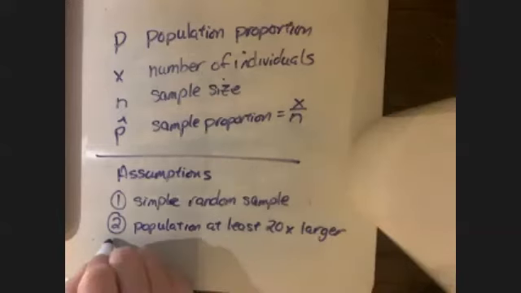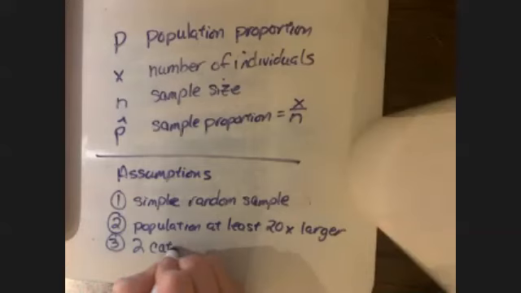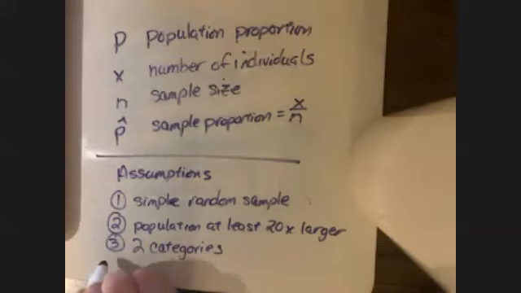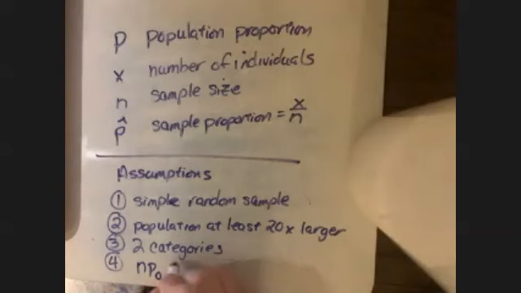Okay. Third is two categories. Basically, they either have whatever it is we're looking at or they don't. And four is N P naught and N1 minus P naught